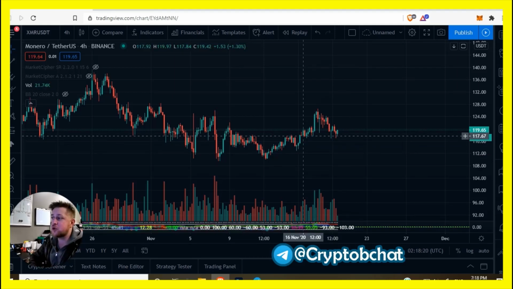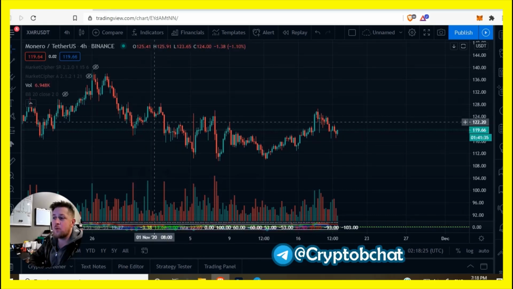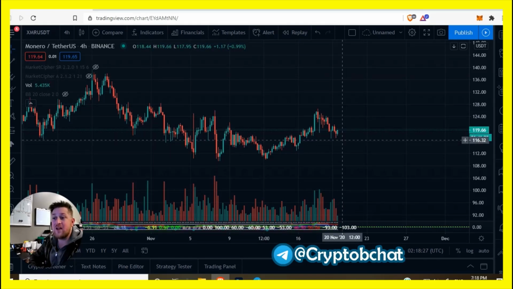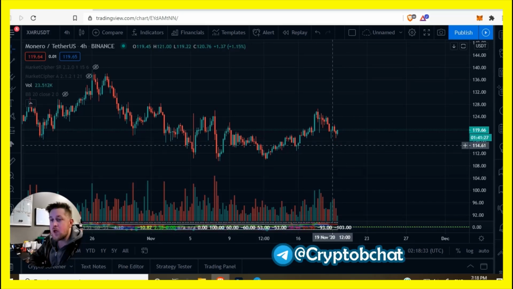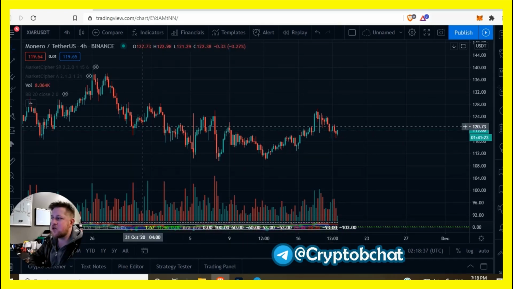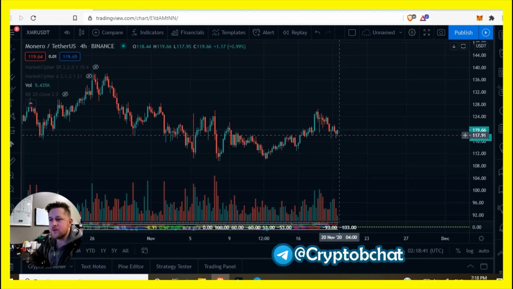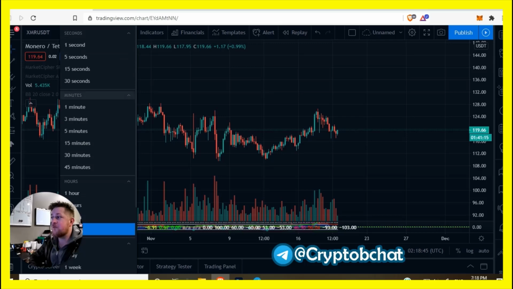So if I was shooting for my target up here, 137, right, I would be using the 4 hour or the daily to try and acquire my trend lines and everything and find out where that exactly is going to go. So now looking at the 4 hour, guys, the daily is just basically 6 4 hour charts, right? So now if we go from the 4 hour back to the 5 minute, that little green candle here on the 4 hour, guys,